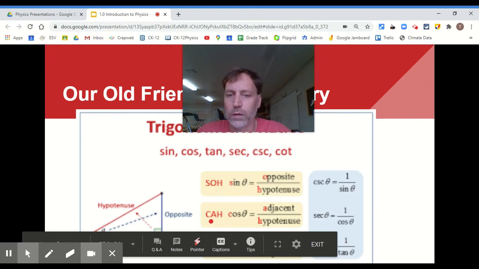Now the cosine of that angle is going to be the length of the adjacent side, down here at the bottom, over the hypotenuse. So cosine is adjacent divided by hypotenuse. You see that these are just ratios. And then lastly, the tangent